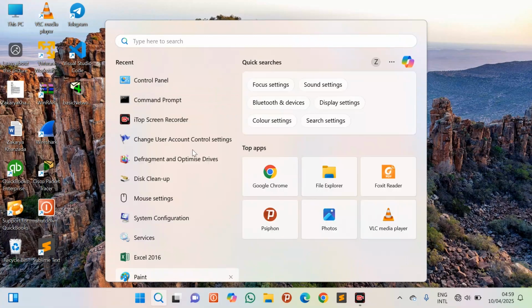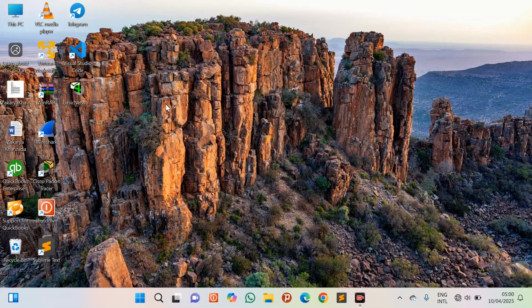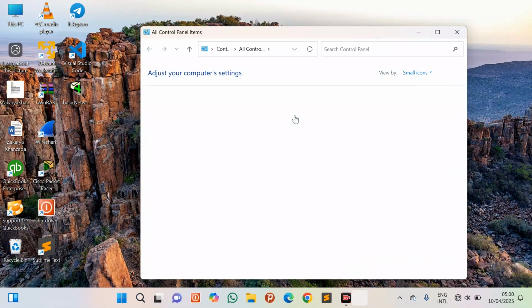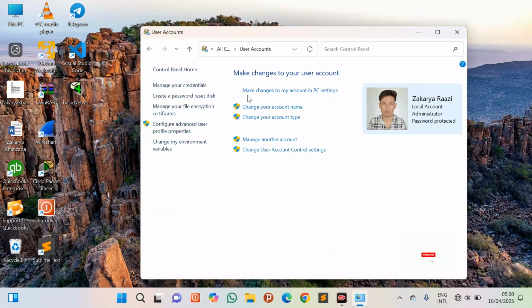Just go here, select Control Panel, or type here Control Panel. Select Control Panel from here and then go to User Accounts. From this user account, I want to change this picture from my user account. Just go here